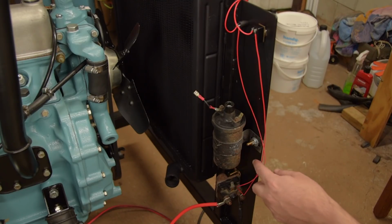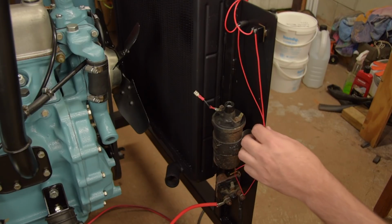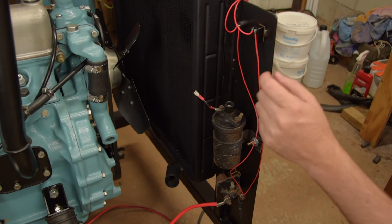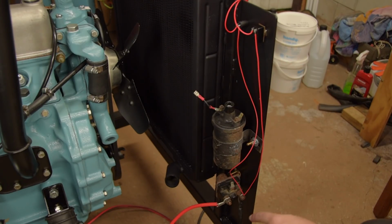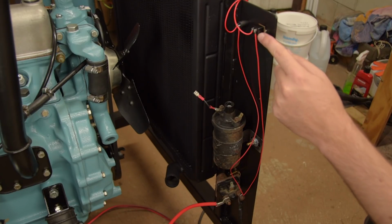Okay, so I've done the small wiring off camera. If we start down here at this terminal, I've got two wires coming off to power the switches, the ignition and the start switch. Remember, this has got nothing to do with the fact that it's attached to a solenoid. We're simply picking up the battery power from this lead here and transferring it to the small ones for the small switches. So if we start with the ignition switch,